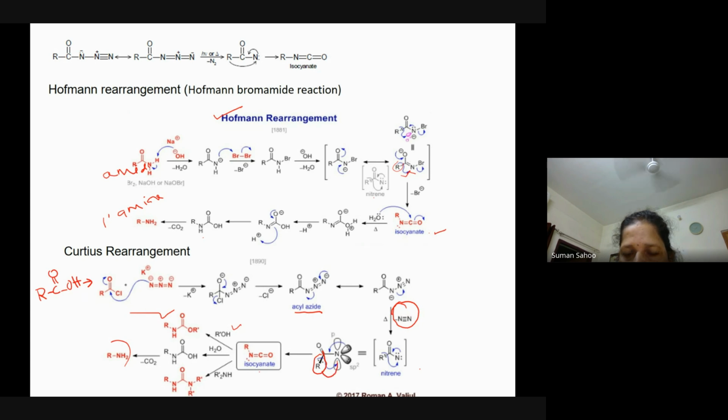This one will be shifted this way, and the lone pair of electrons will come here. So you will generate R now bonded to nitrogen, and that nitrogen is bonded to carbon,